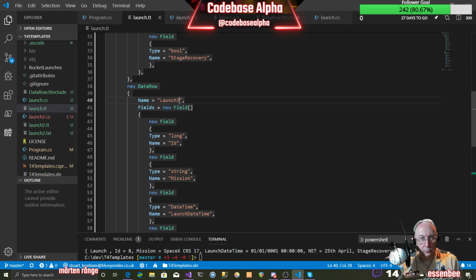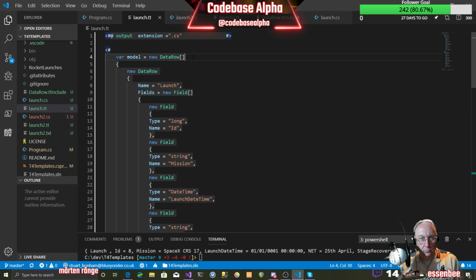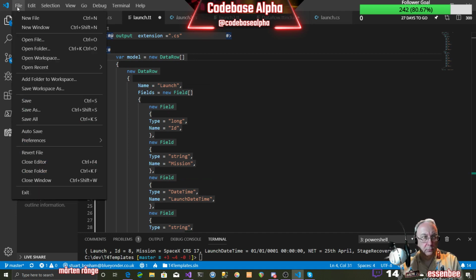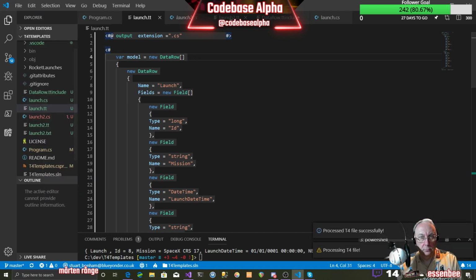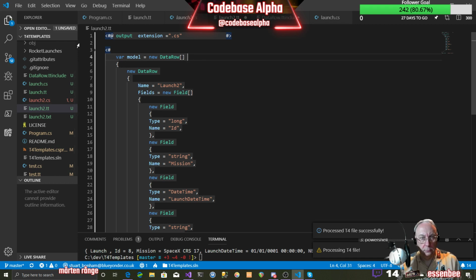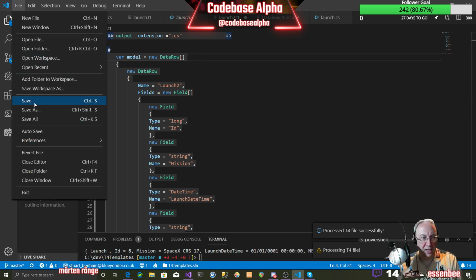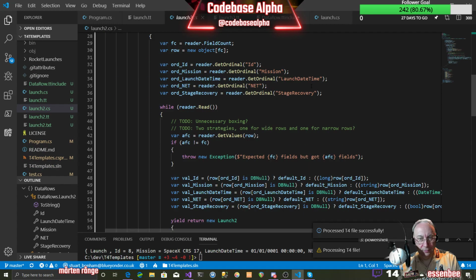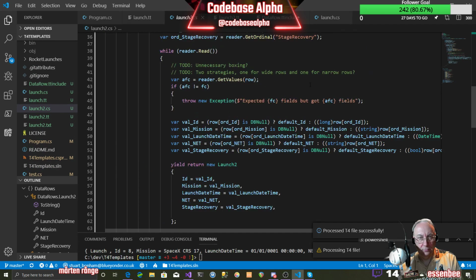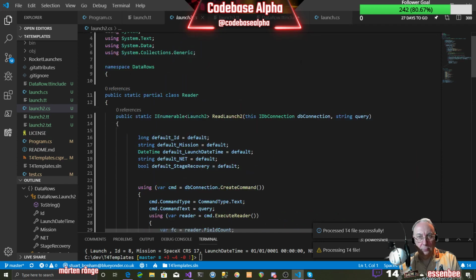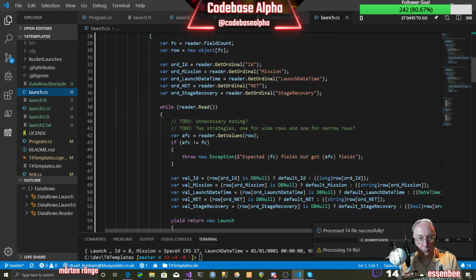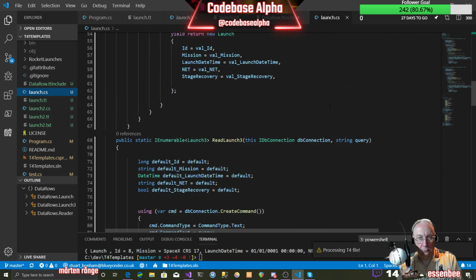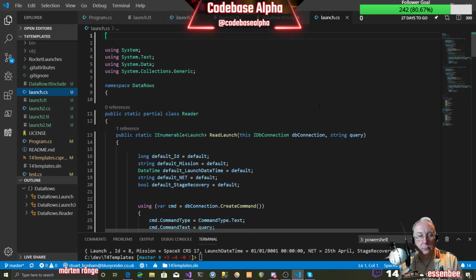There is something in Visual Studio called regenerate all templates, I believe. I'm not sure if that exists, but this is the low tech version to do it. So multiple files. Yeah, so we have a reusable template, and we're having two different models that are generating